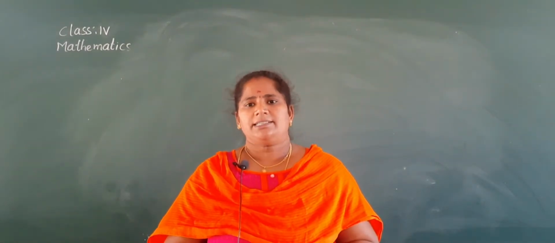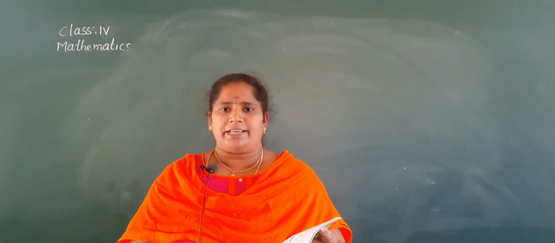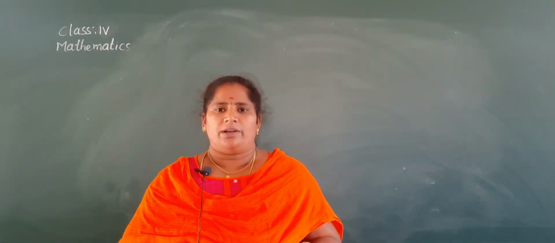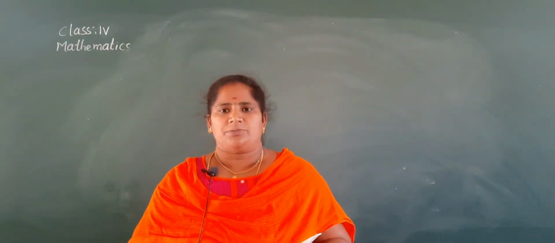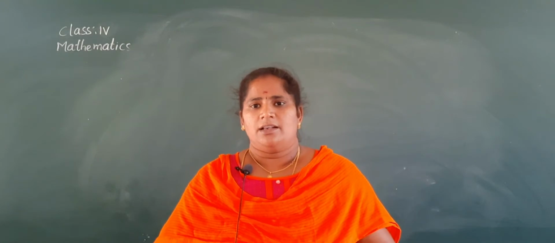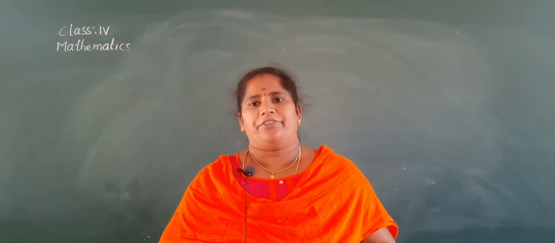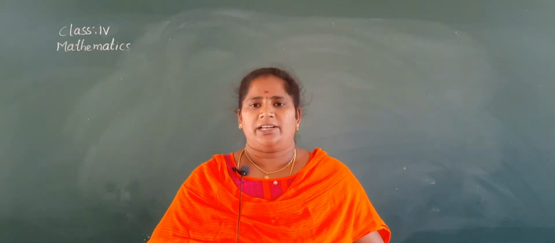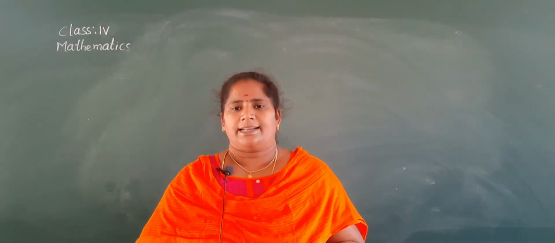Okay, in the previous class we completed exercise 3D up to D Roman. So what did we discuss in the previous class? Some word problems and the estimation of the products. So once again we will revise what we discussed in the previous class, and after that we will continue. Come on children, all of you open your maths classwork and textbook. Get ready.